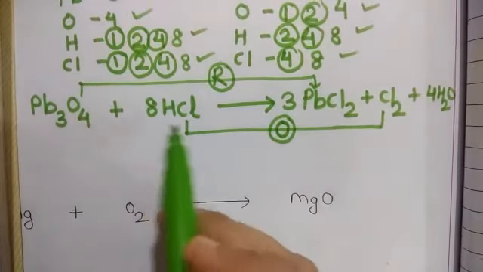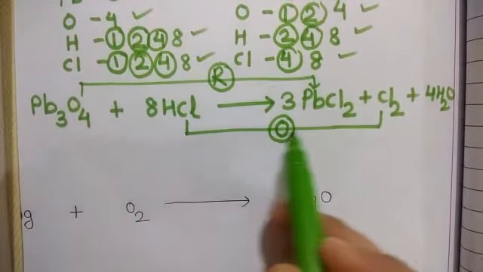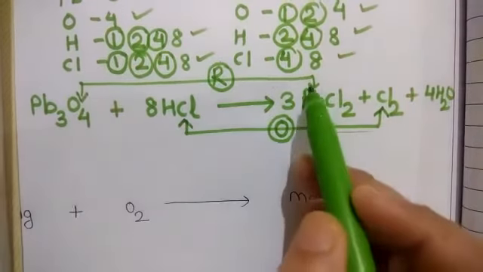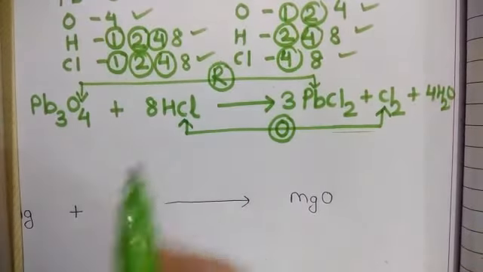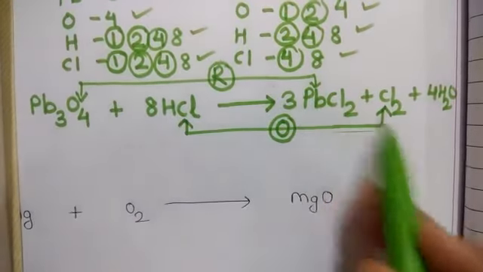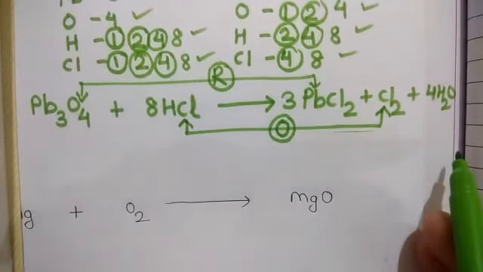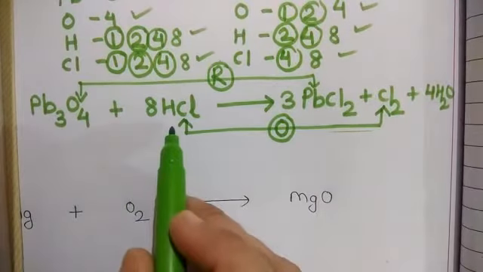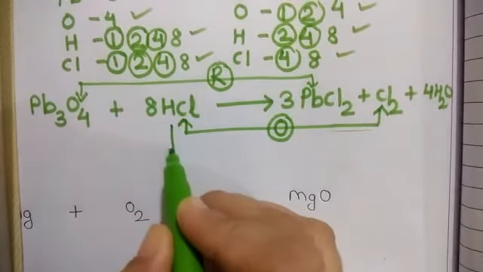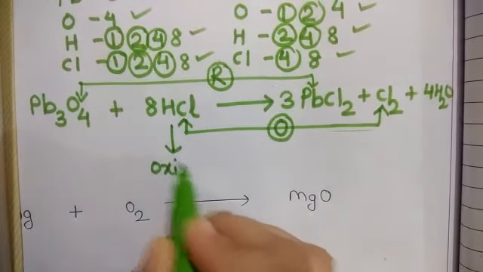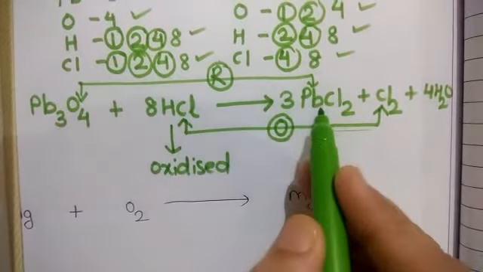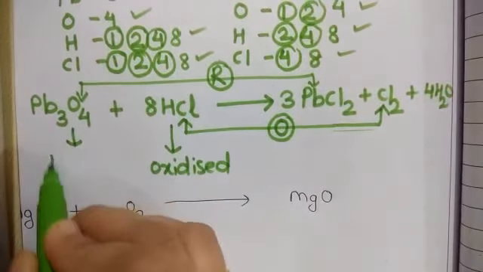Always remember, we have to write the oxidation reaction by making the arrows, and whenever we are writing the words oxidized and reduced, we have to write them at this side, never at this side. So you have to see, if this is the oxidation reaction, then this HCl is what? Oxidized. Very simple. And if it is the reduction reaction, then this is reduced.